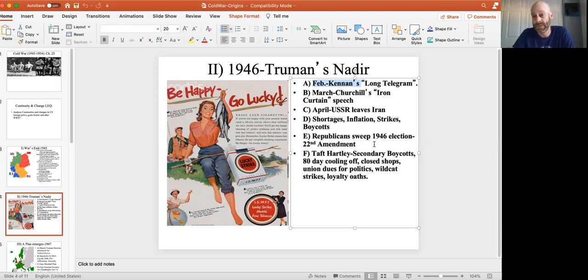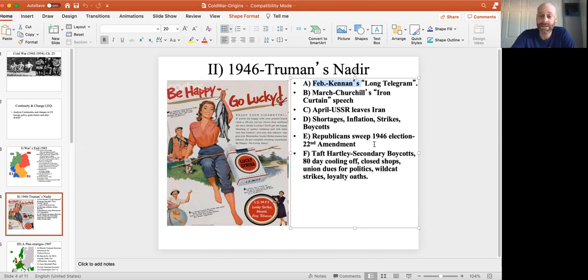And he laid out the plan for the peace. He called it containment, that the Soviets are wounded by World War II. They do want to kind of push on the cause of communist revolution over the world, but what they're going to do is just kind of give money and support to guerrilla or rebel groups throughout the world. They're not going to invade anybody. And we really need to just counter them. If they do try to expand to another area, if they spend $1, we spend $2, and we stop that spreading of communism. But we're not going to kick them out of Eastern Europe. That would be crazy. That would precipitate World War III, and nobody wanted to fight another world war.